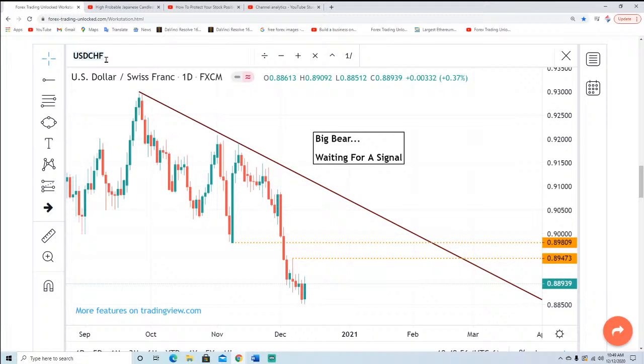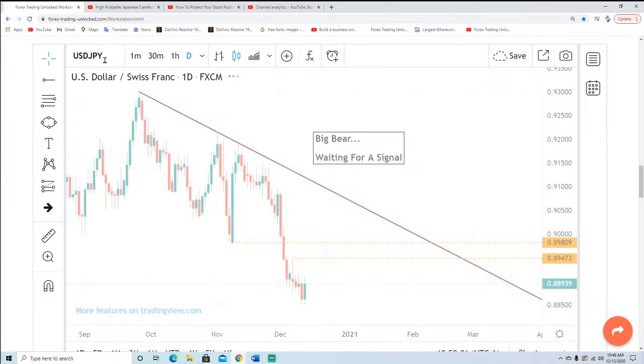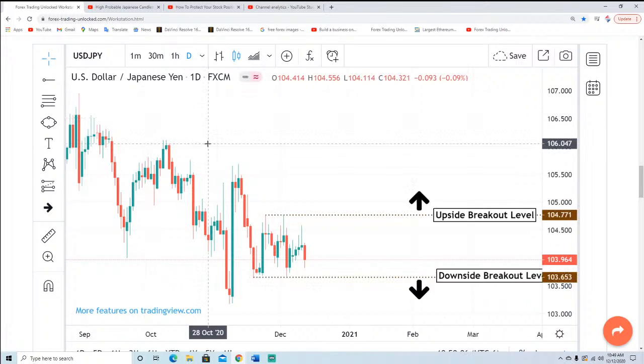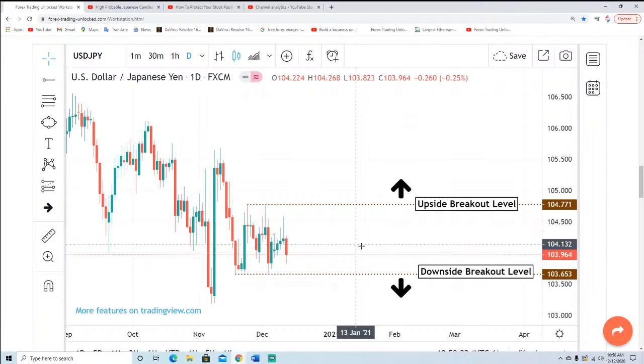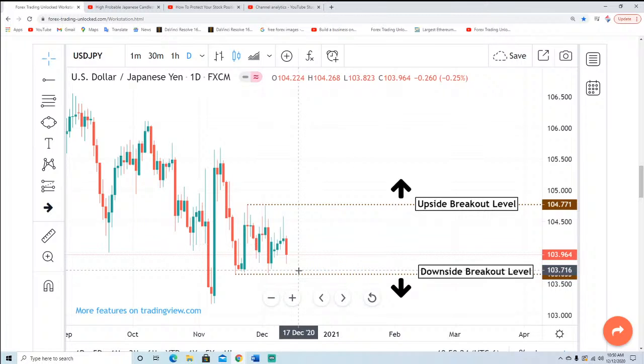Let's go and jump around the ocean the other way and go to Japan. The US dollar Japanese yen has been in a very interesting neutral phase here. We've been waiting for a breakout, upside or downside. 104.77 down to 103.65. This is a chop fest. I'd be very, very cautious, especially trading right around this midpoint here. If you are a bull, look to buy against this 103.65 area. However, a failure here would mean newer move lows